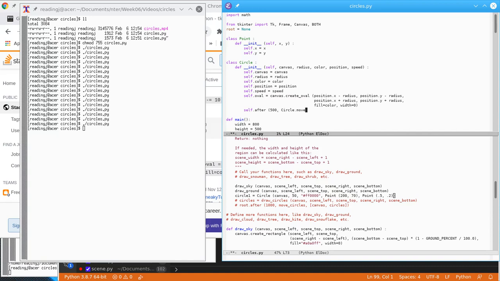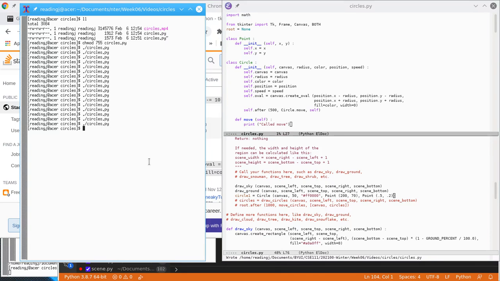I'm hoping I can call out an attribute of the circle on itself. So if that works, then I need to define a def move, and it just takes a self, and we're just going to say, for the moment, I'm just going to print out a statement to see if this works correctly. Okay? So now we're going to try